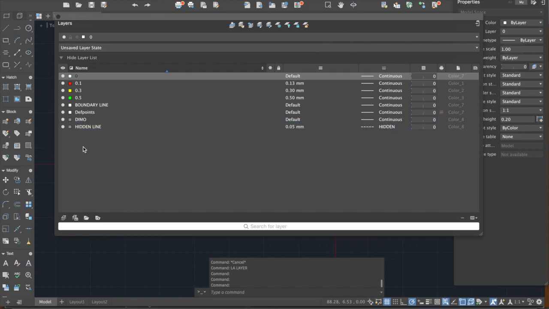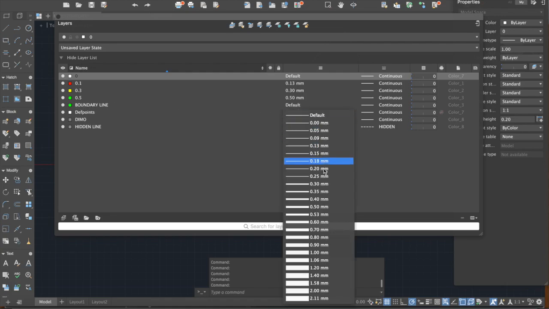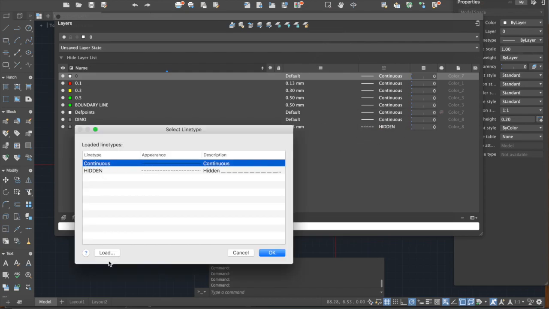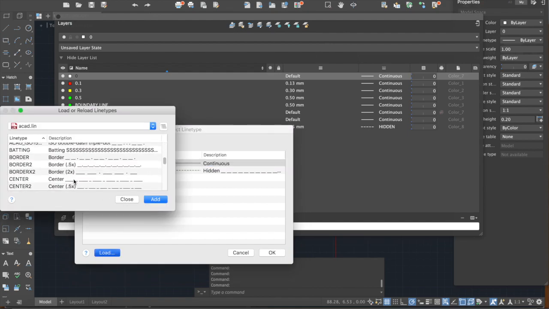And then the color will be green. So meaning since this is green, the size of the pen is 0.5. And then for its line type, we will load another line type. This time we will select